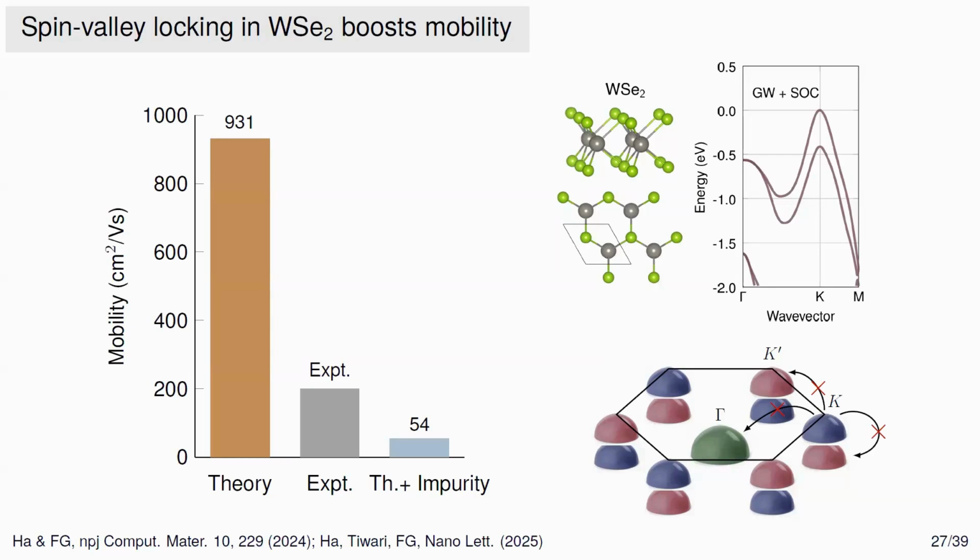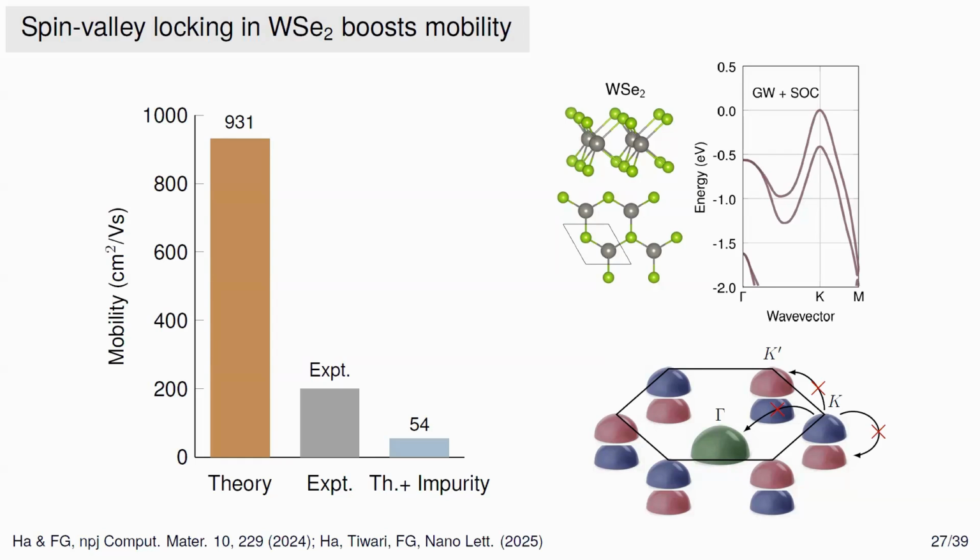The second consequence of spin-orbit coupling is that this valley and this valley acquire opposite spin polarization. If you represent the spin as a color, this valley here would be spin up, and this one spin down. Since it's spin up and spin down, the electron cannot scatter from the top to the bottom valley. Now, what you also discover is that if you go to the next valley, the spin polarization is reversed. This is a typical standard valley polarization, well known for TMDs. Since it's reversed, this one cannot scatter into that one because they have opposite spin. But also this one cannot scatter into that one because the energy difference is too large and there must be energy conservation.